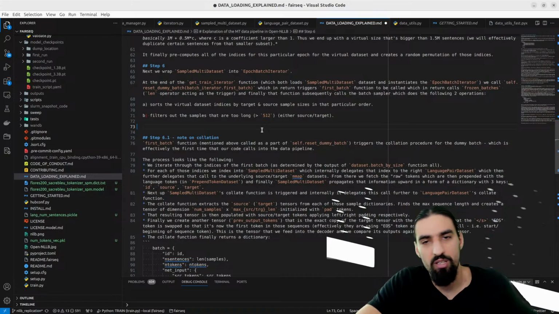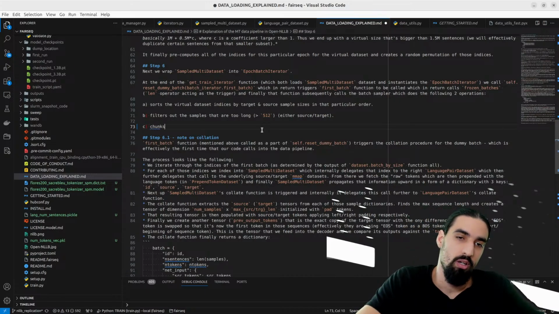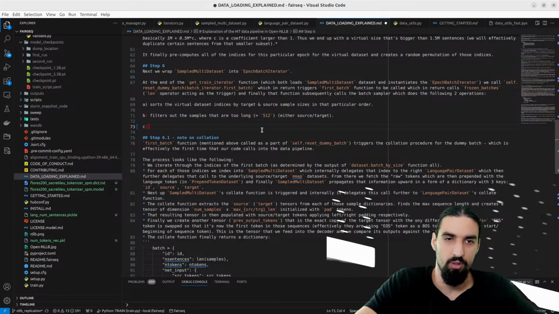Filters, and then chunks the samples, or let's see, prepares batches the indices